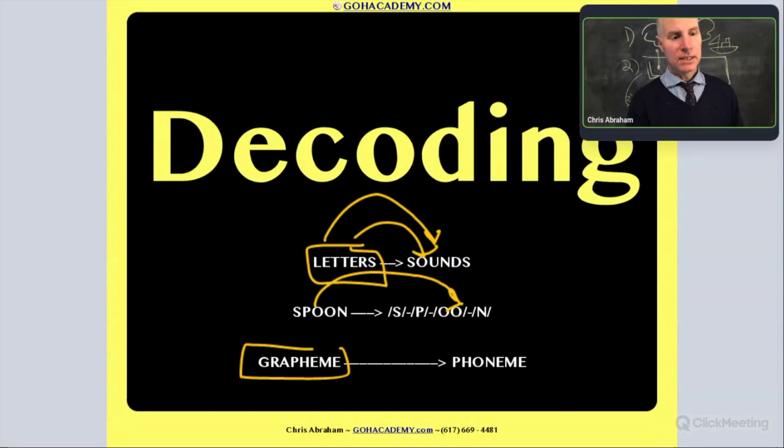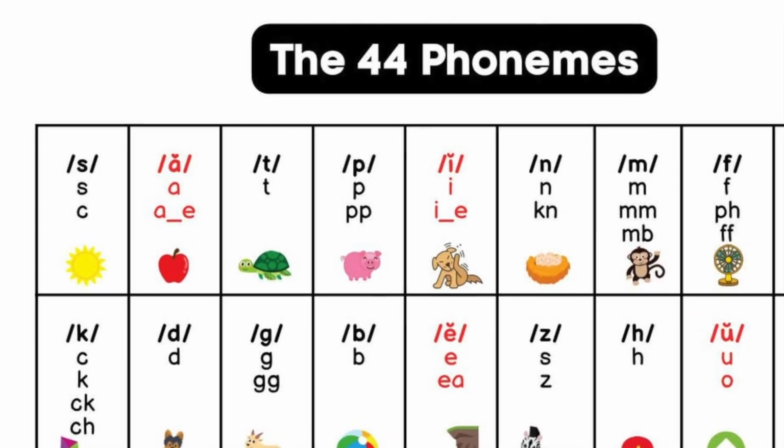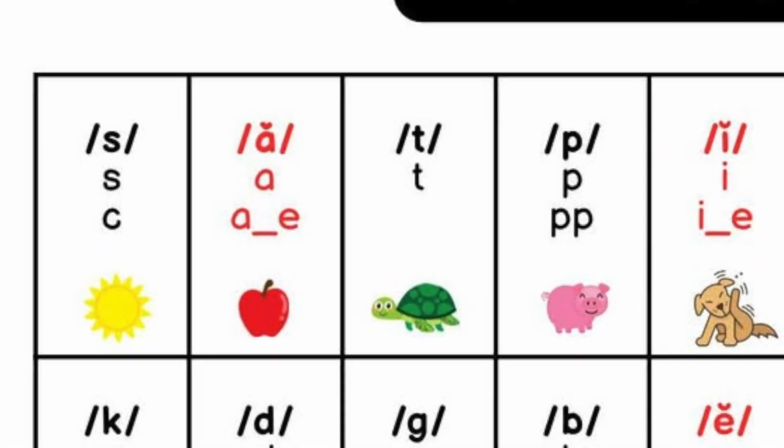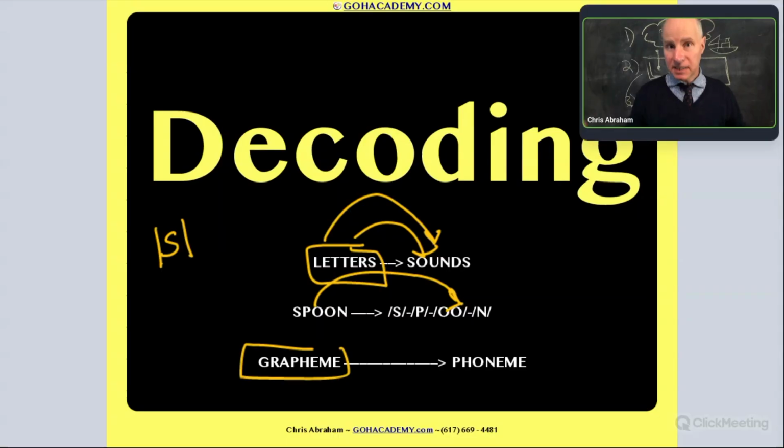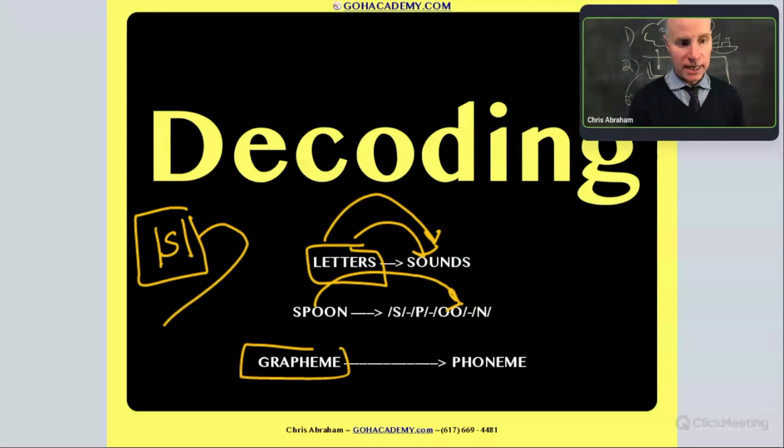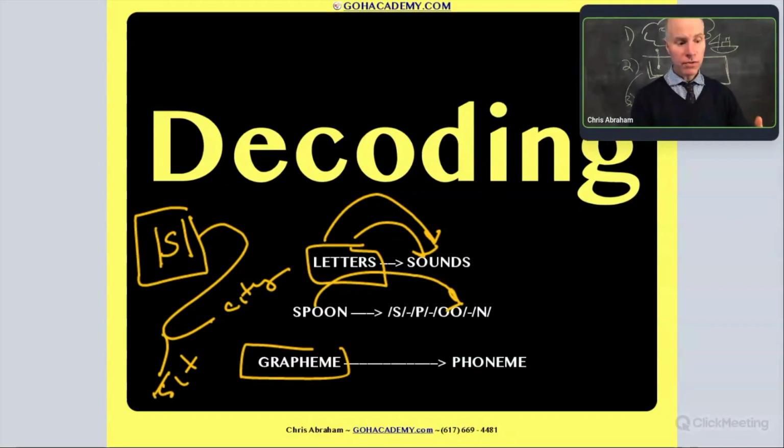For example, let's take a sound, one of the 44 phonemes in the English language, the phoneme for S, right? S, okay? We could see this one sound in the word city and in the word sit. And here we have two different ways, two different graphemes that represent that phoneme. So graphemes kind of get a little tricky, right? So there's the rub. It's not just hearing the 44 sounds, but it's matching up those 44 sounds with their